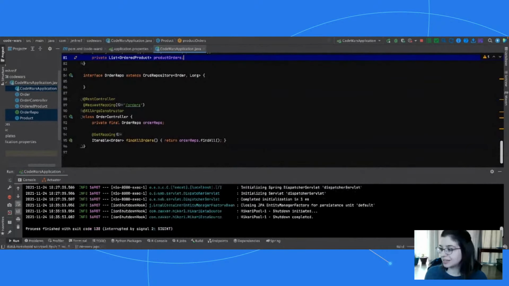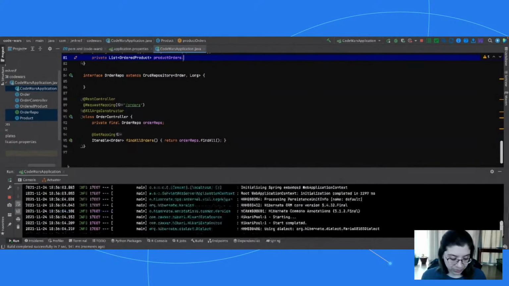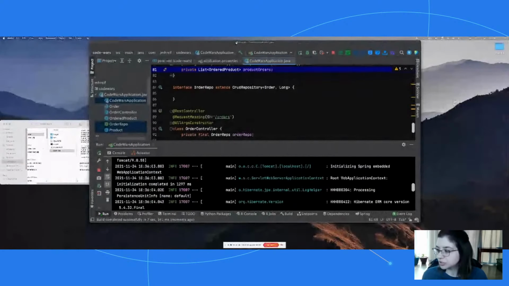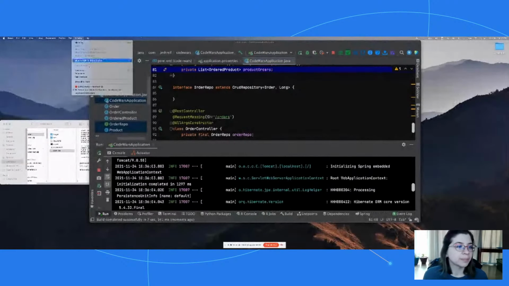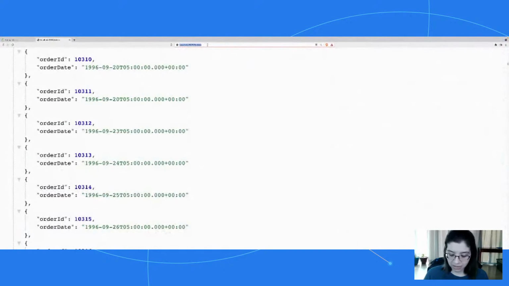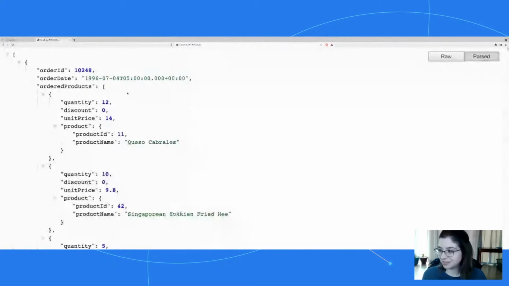Let's rerun this. Let's see now. This is just kind of, again, nothing fancy here. We're just using a find all method. Let's just see if we've got our relationships now intact when we pull that data. Okay, switch to here. So just rerun this one and it'll format. I've got a browser plugin that formats the JSON really nicely for me, so I have to wait an extra second for it to do that.